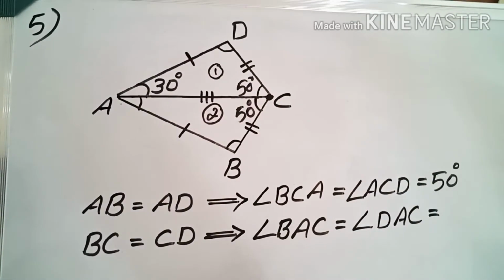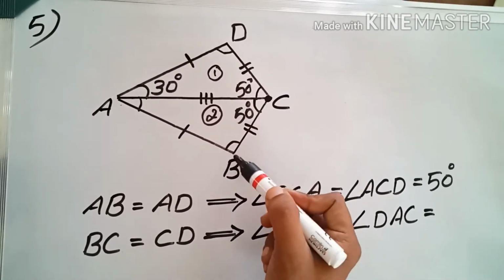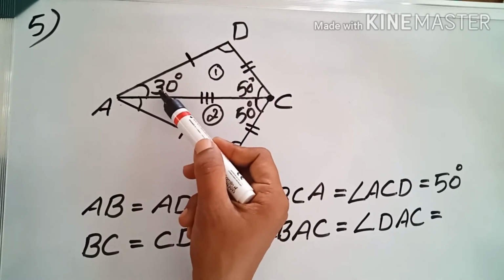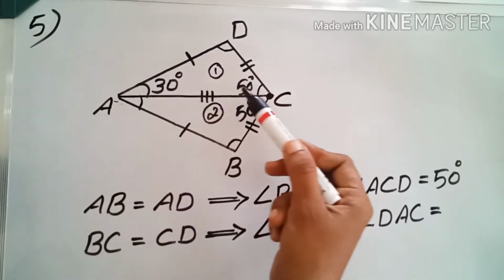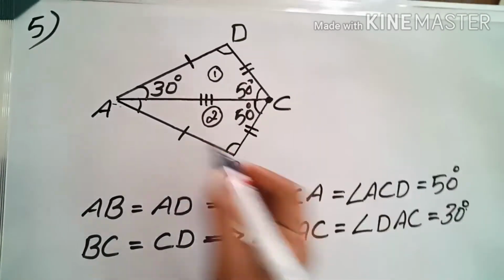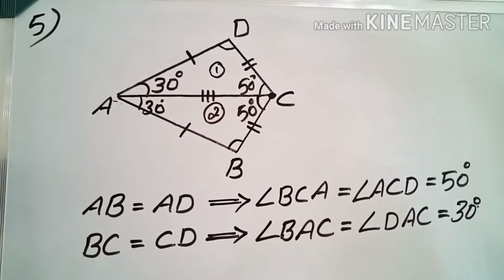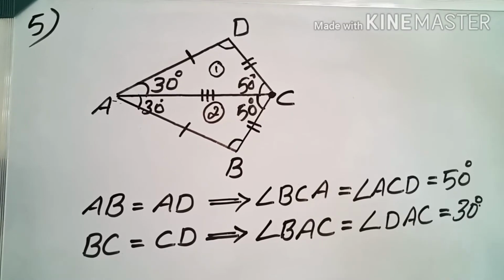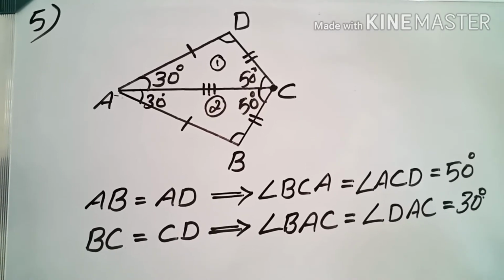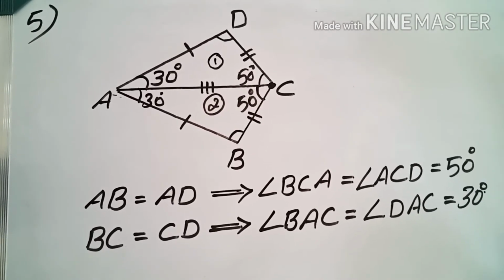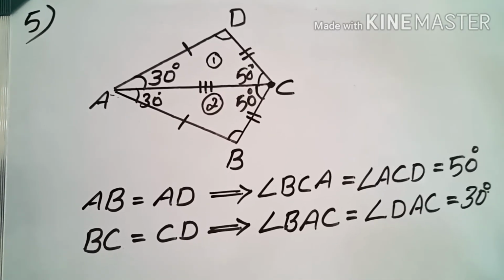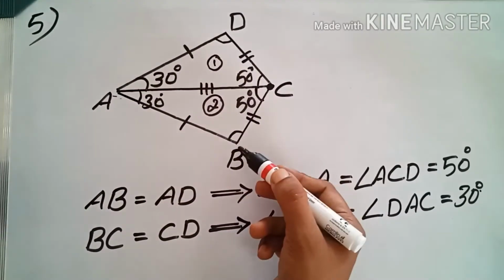So angle DAC will be equal. Now what is angle BAC? Angle BAC is not given. But angle DAC we have what? 30 degree. This angle is given. 30 degree angle is DAC. That is 30 degree means this one is also 30 degree. Angle BAC will also be 30 degree. So we got two angles. Now to get the remaining angles, what will we do? Just find and write, by using the sum of angles of a triangle property. Sum of angles of a triangle is 180 degree. Using that, try to find angle D and angle B.